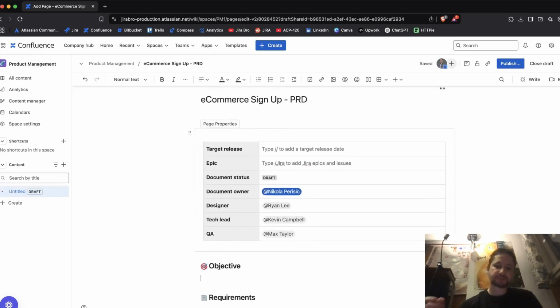First question: what is the objective? The objective of the e-commerce sign up page is to allow the users, allow the potential buyers, to register on the site